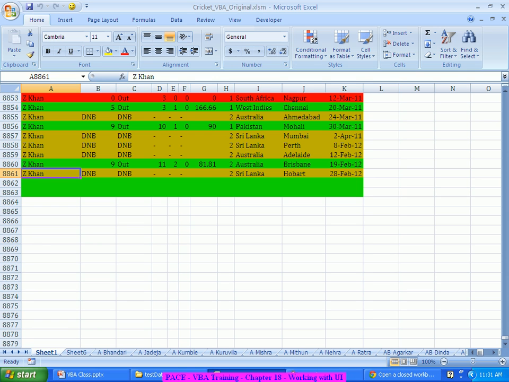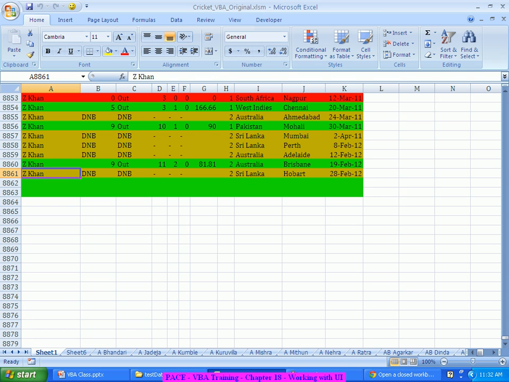So I would like to create a new form, a form which will contain probably the name of the player, runs, code, all this stuff. You enter the data into that form, press the submit button.